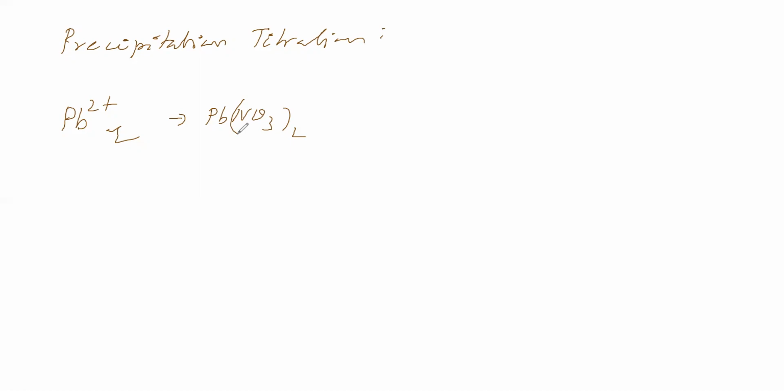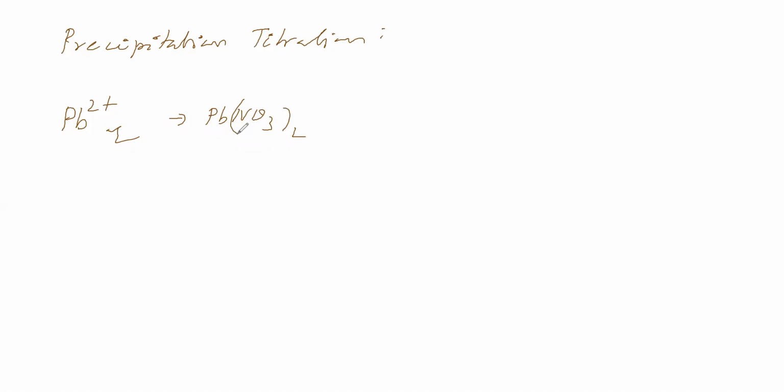Like this, you will go group 3, group 4, group 5, group 6. Like this, you will do it. So, in the group separation of cations, it is based on precipitate. First you will add group 1 reagent. If you get a precipitate, you will come to an idea that group 1 cation is present.